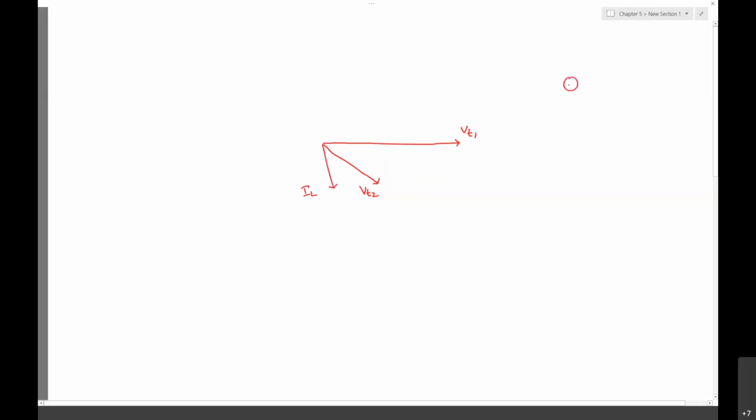If you look at the system diagram, it has a feeder impedance, and this is the voltage which we have been measuring. This is VT, here it is VS. We are going to place a series compensator at this particular point